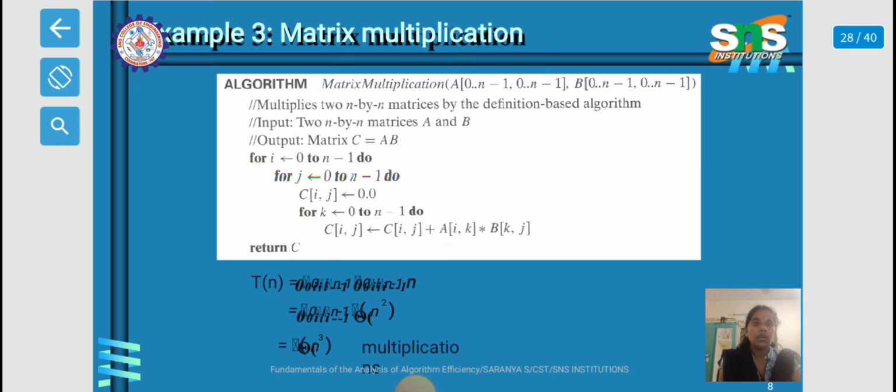For k equal to 0 to n minus 1 do, C[i, j] is set to C[i, j] plus A[i, k] times B[k, j]. Then return C. A mathematical analysis: the input size is n, and the basic operation is C[i, j] equals C[i, j] plus A[i, k] times